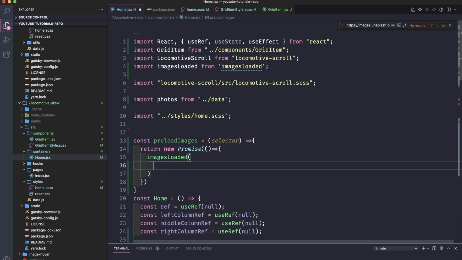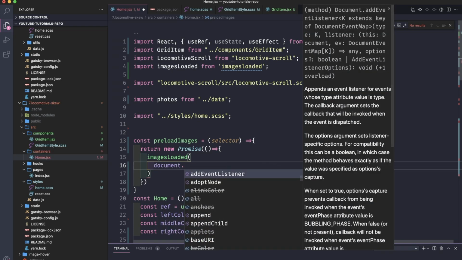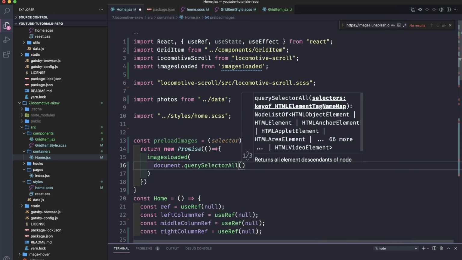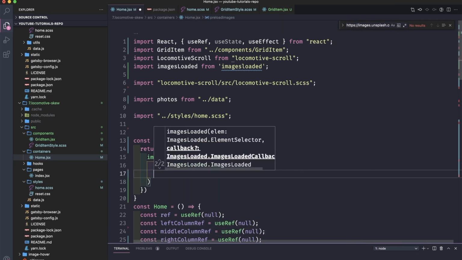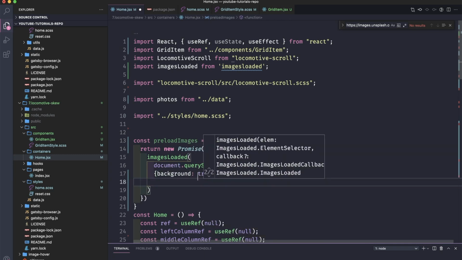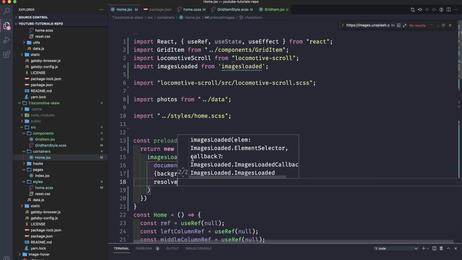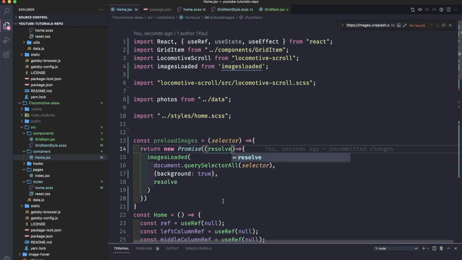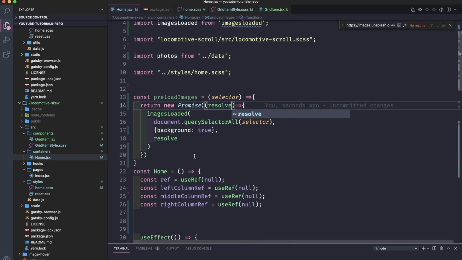Here it has three parameters. One is to get the element, the DOM element, so querySelectorAll, and the selector. Here it needs a background, and the callback, so the resolve. And resolve is passed from the promise. And in our useEffect,